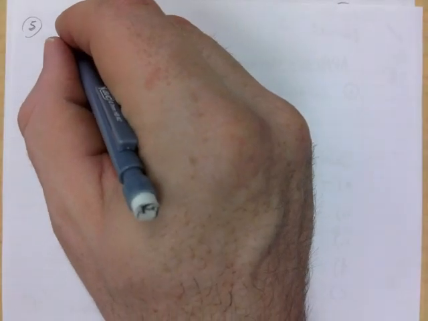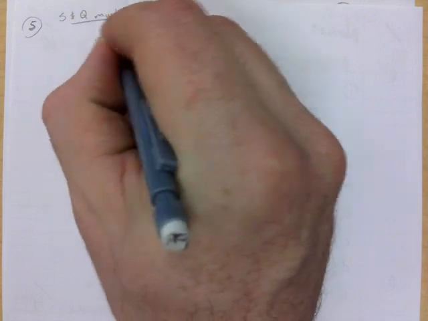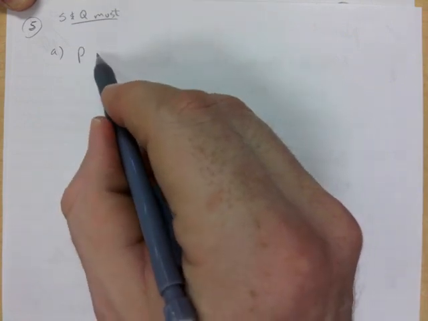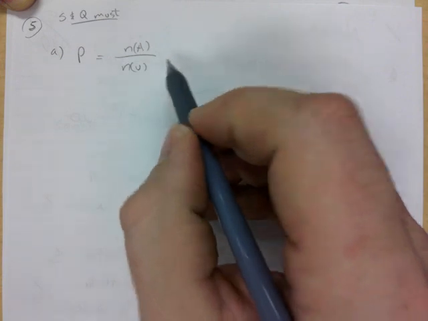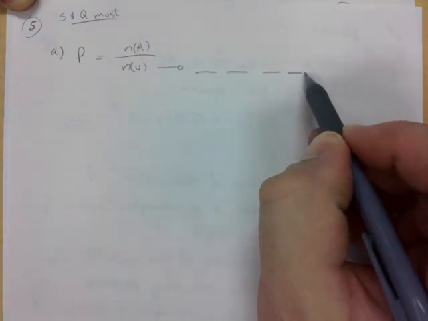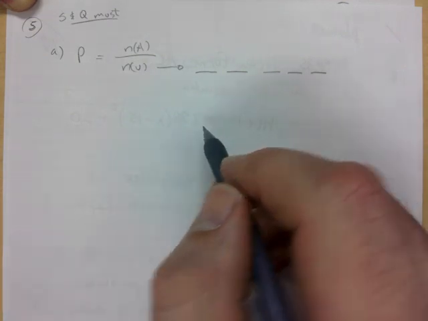So remember, all passwords that we are considering here have S and Q in it. So S and Q must, right? That's just a fact. Those are the ones we're considering here. So for A, P would be N_A over N_U. What is the U? In this case,